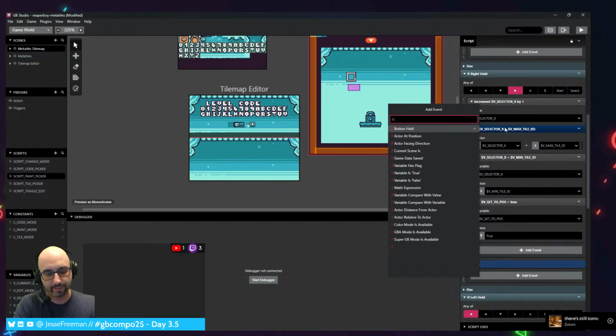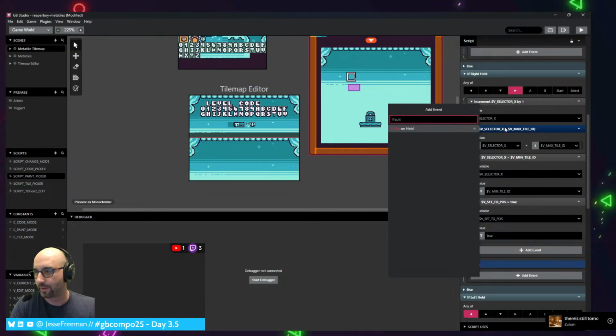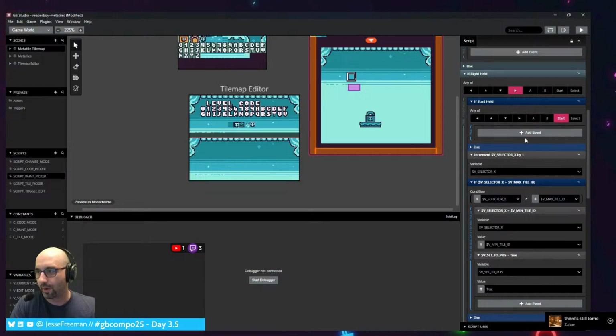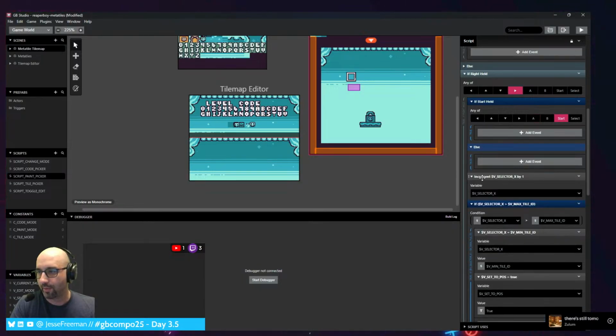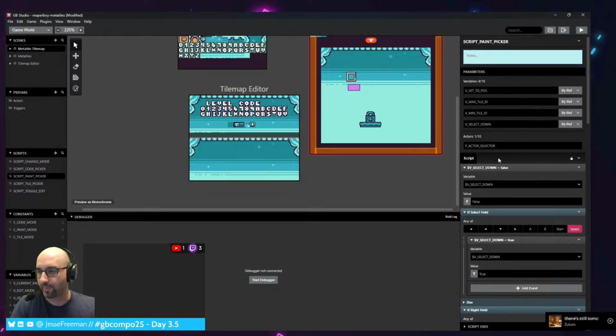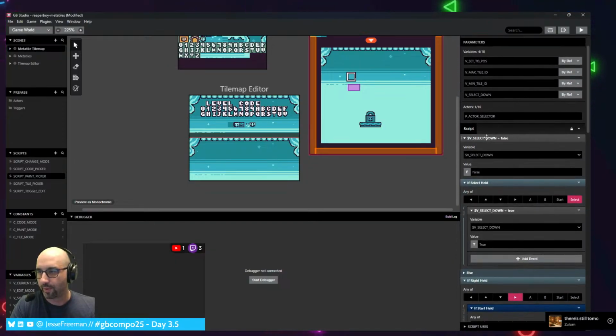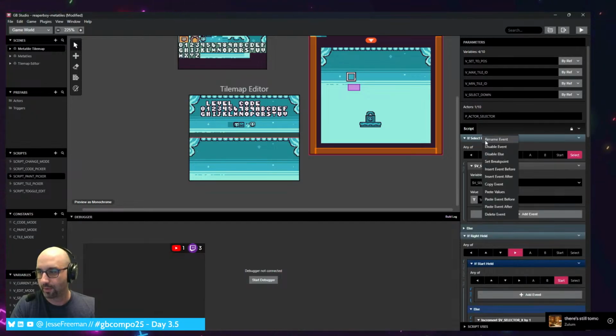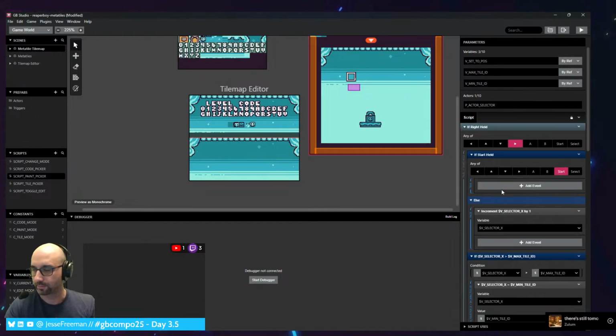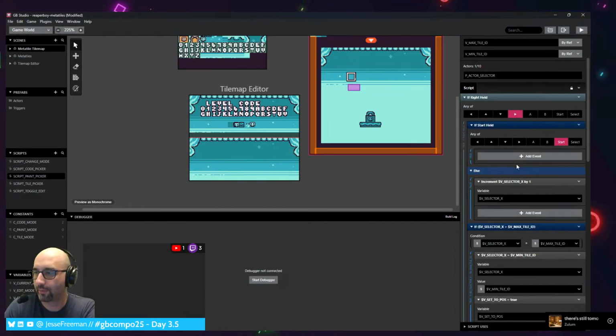If button held, and if not, we'll just put it here. And actually, this saves us from all this stuff up here, because we don't need to keep track of it now. We can delete this event, and we can delete this event. So if we hold down right and we test to see if we are also holding down select,